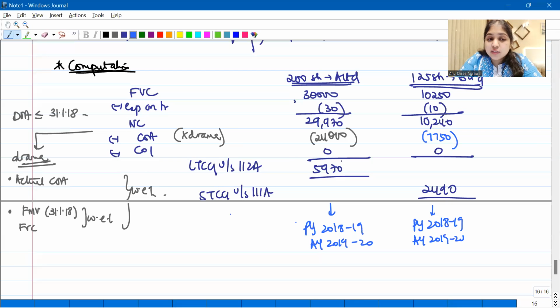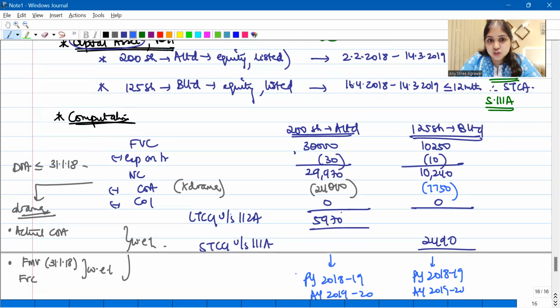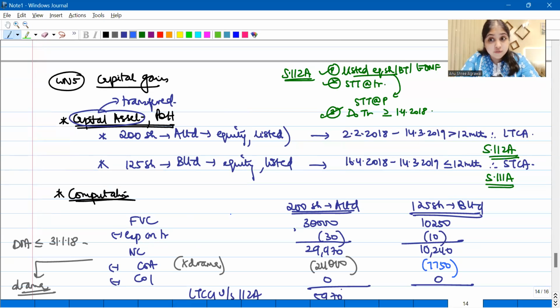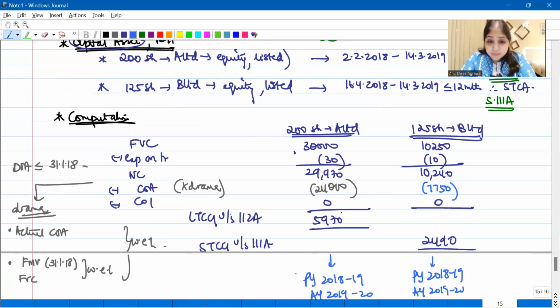Now listen, guys. This was our discussion regarding the capital gains computation. Can I take you forward? Capital gains, are you comfortable? The whole of section 112 got revised for you indirectly through this question. Your biggest learning over here was what?